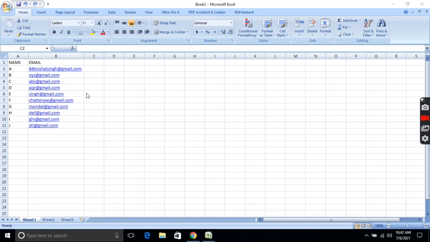After that, sometimes we use some formulas in Google Sheet, or we can say Excel, and the formulas are very easy.